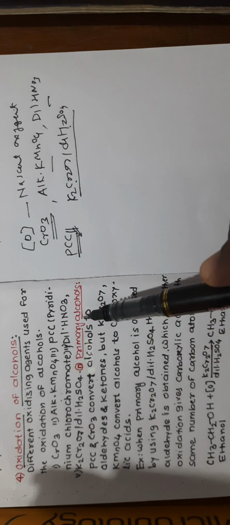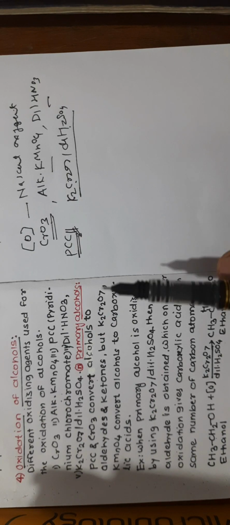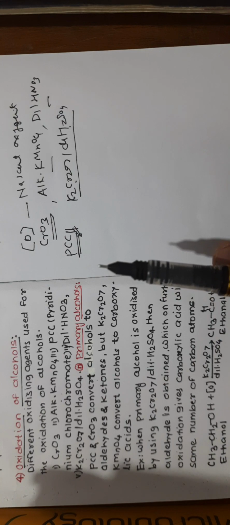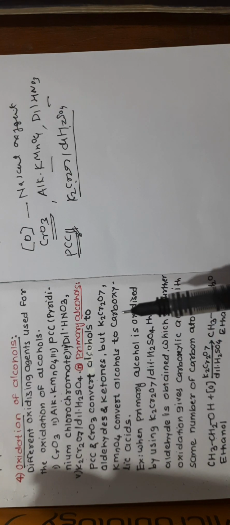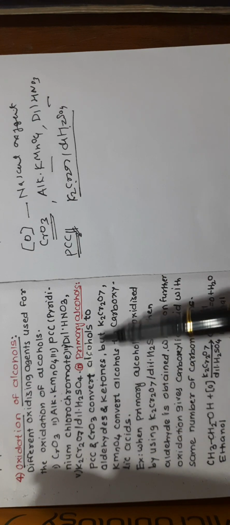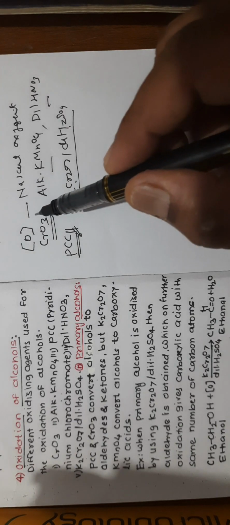First of all, we see the oxidation of primary alcohols. This oxidation reaction is also used to distinguish between primary, secondary and tertiary alcohols. Now PCC and CrO3 convert alcohols into aldehydes and ketones. See this one, it is important. These two oxidizing agents, PCC and CrO3, convert